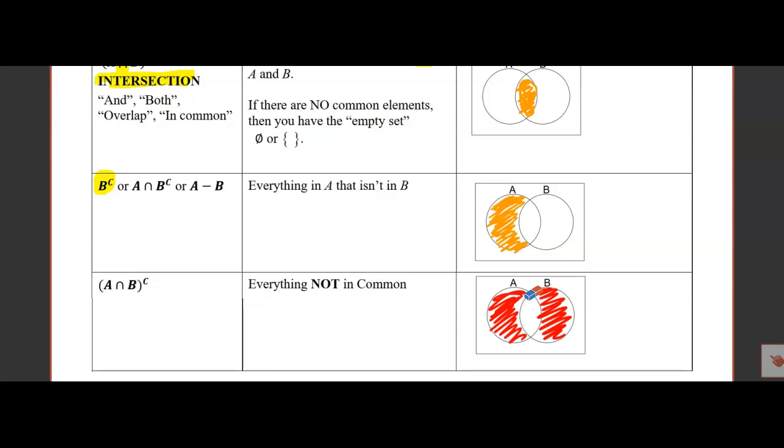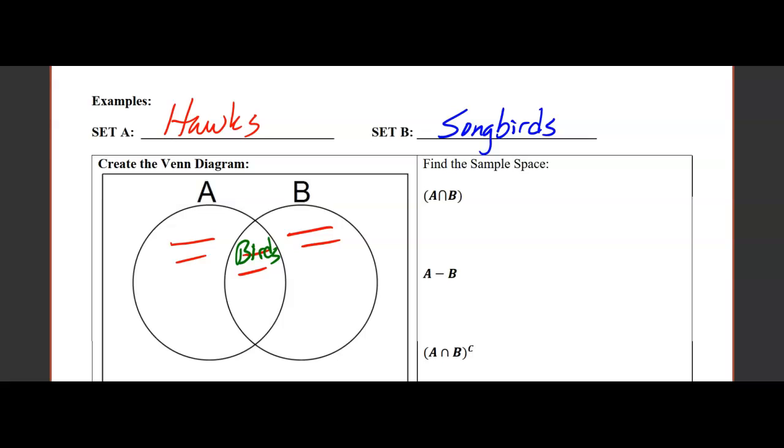All right, so the next thing we're going to do, okay, so let's fill in some things. So in the middle, birds. Someone else have something they want in the middle? Wings. And then on B, smallest. All right, so if songbirds are small, and let's say hawks are, then we can say they're large maybe. Okay, what's another thing I can put for